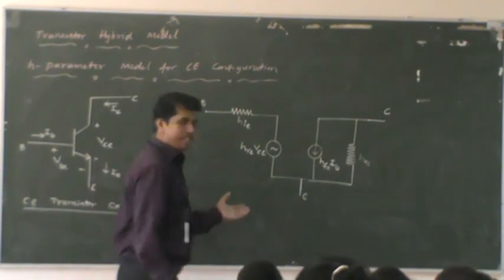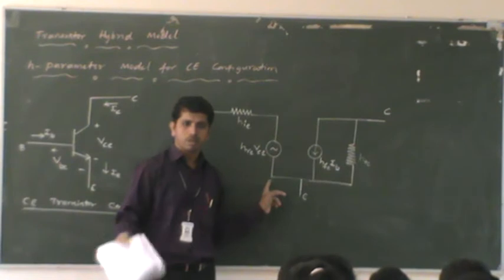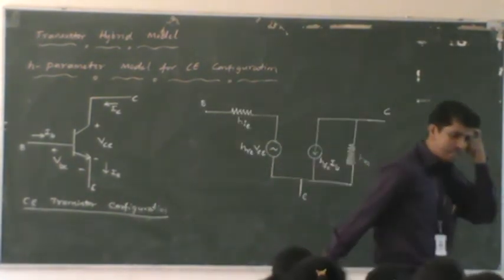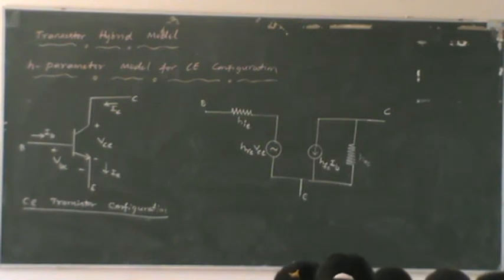Now based on this, can we convert equation number 1 and 2 to this particular configuration? Try writing equation number 1 and 2 as per this configuration. Write equation number 1 and 2 for the common emitter configuration. You must write, use pencil. Look at the general network. What is shown?